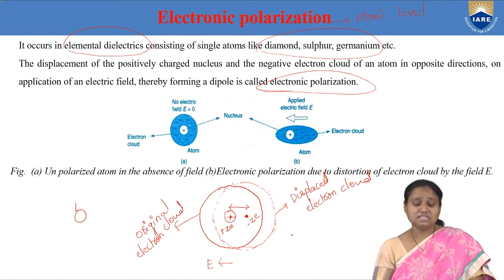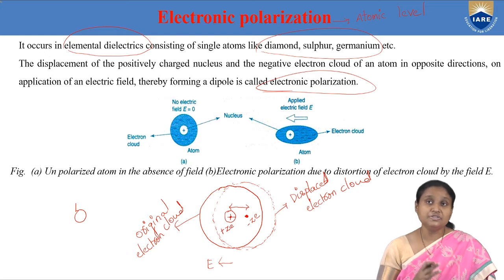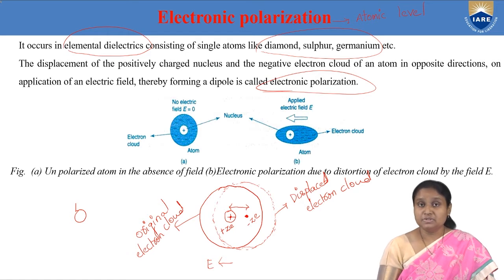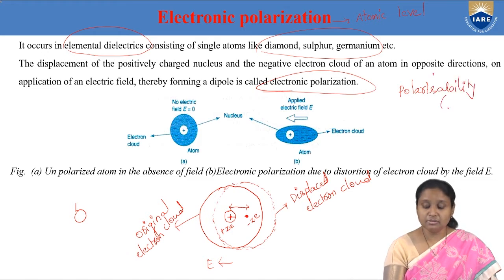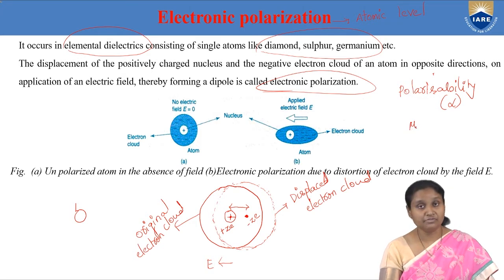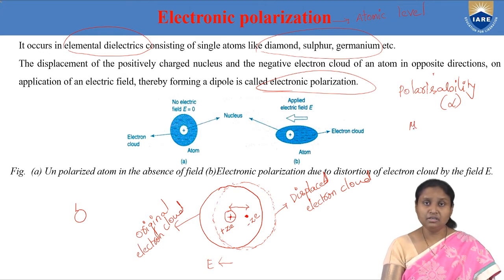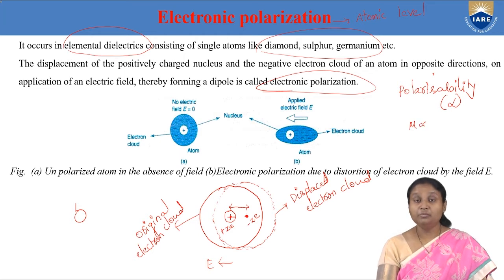Now, when we have such a displacement, if you want to find the expression for electronic polarizability, we have already defined polarizability. Generally, polarizability is denoted by the term alpha. And how have we defined alpha? In dielectric materials, each atom or molecule will be in the state of a dipole when we apply an electric field. Depending upon the strength of the electric field, a few dipoles or many dipoles will form, so accordingly the dipole moment is going to change.